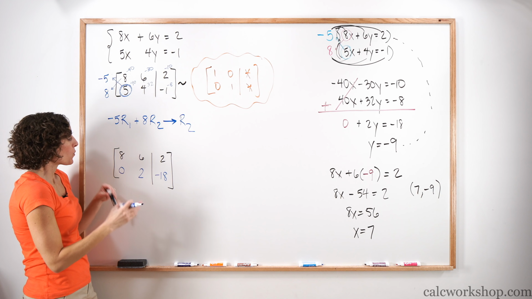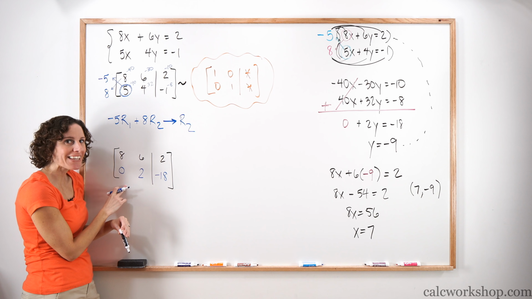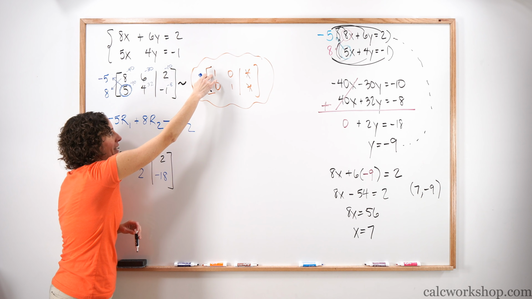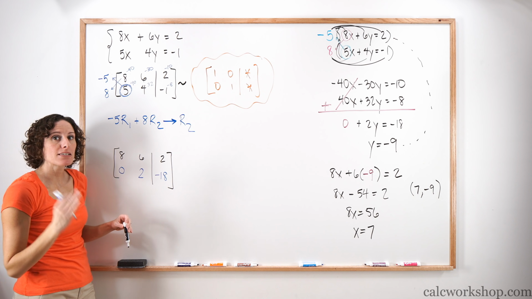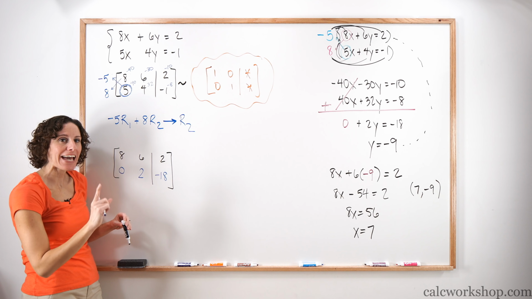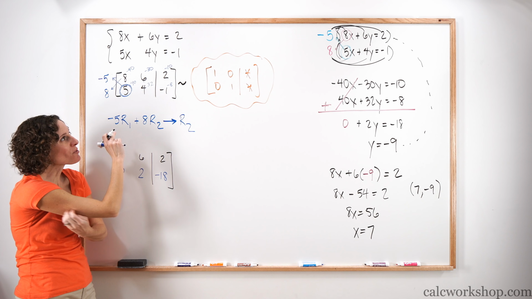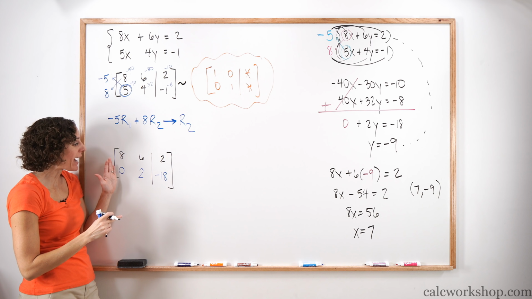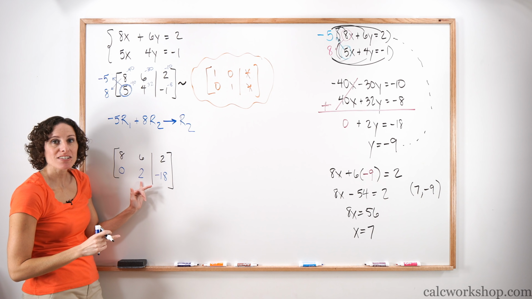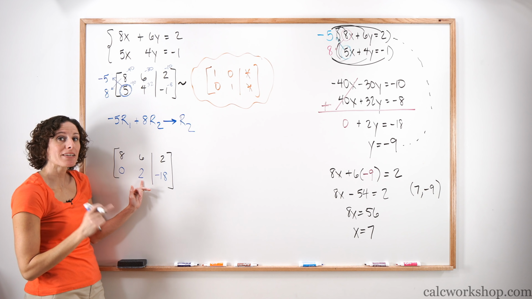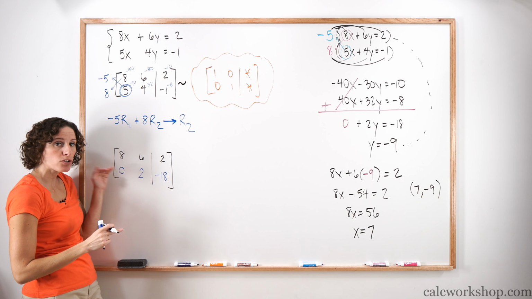So now, we have finished, completed column 1. Notice column 1, we need to keep everybody to be 1s and 0s. What's most important? Getting your 0s, and at the very end, get your 1. So we don't need to change the 8 into a 1 just yet. We just need to get our 0s. Now what we're going to do is we're going to move to our second column. If we're in the second column, we want to manipulate using the row 2 column.